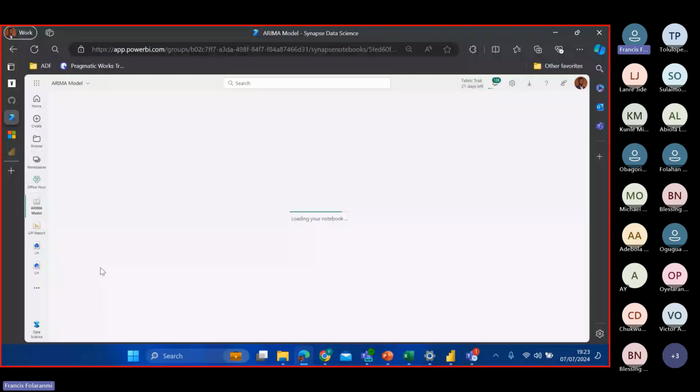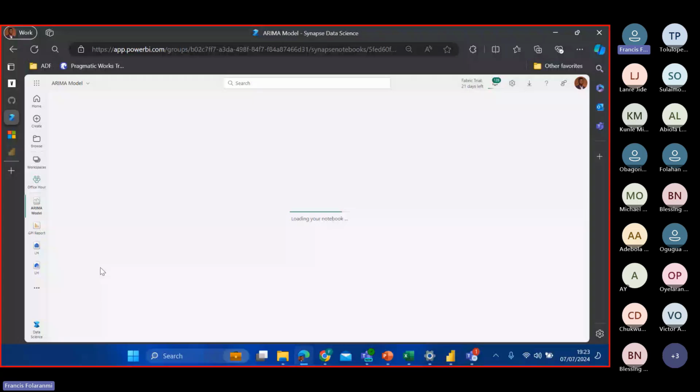So, for the sake of clarity, I'll come to my edit tab and clear all this output. That's because I've run this notebook before, so that's why I have that output. I'm going to run it afresh and then we can see the outcome. This is just to read the data from the lake house. This is Spark SQL, which you can always generate by dragging and dropping this to the canvas. That's just the first step. By dragging it, it added this first step, but we don't need it. So let me just take it out.